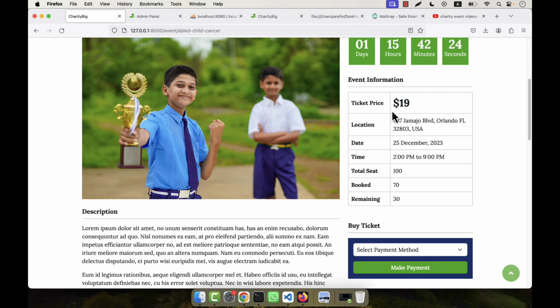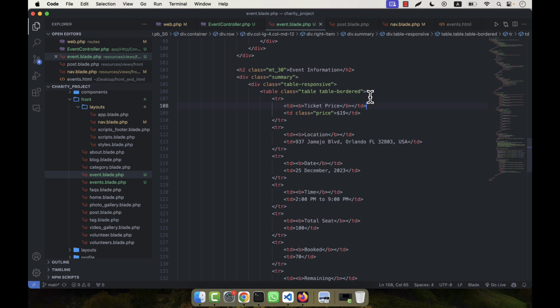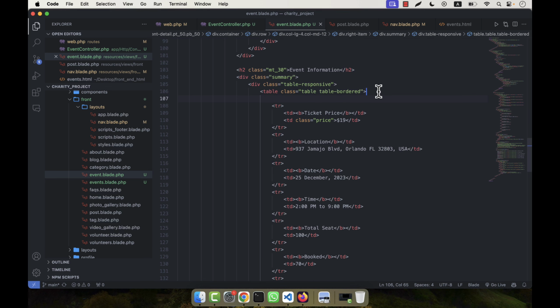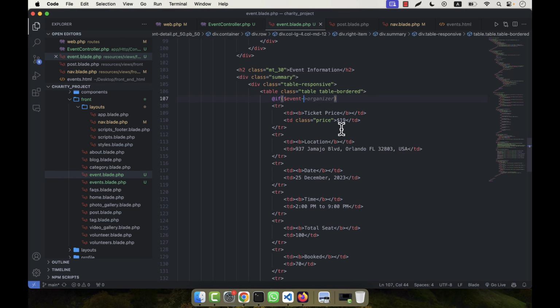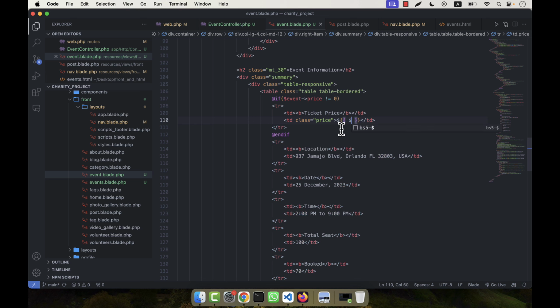So here first check that the ticket price is this, and location, these are still static. So I am going to make those dynamic. So here I will change the price, but you can hide the ticket price. If you have no ticket, then you should not have any price. So in that case, if you want, you can call event price not equal 0. If not equal 0, then only this section will be shown, and in that case the price will be shown in this position, that is event price, and here will be event address. So here will be event address